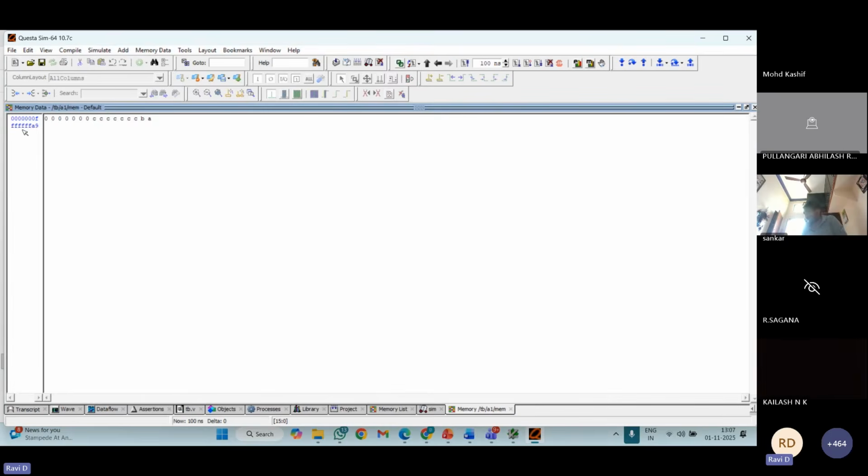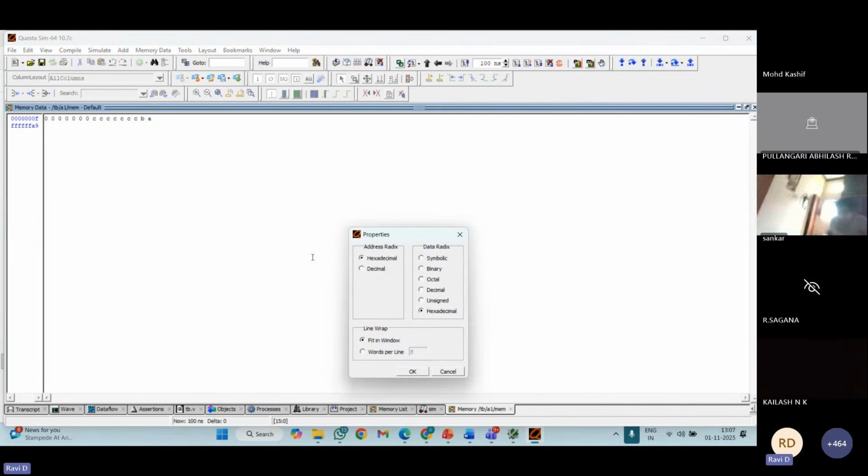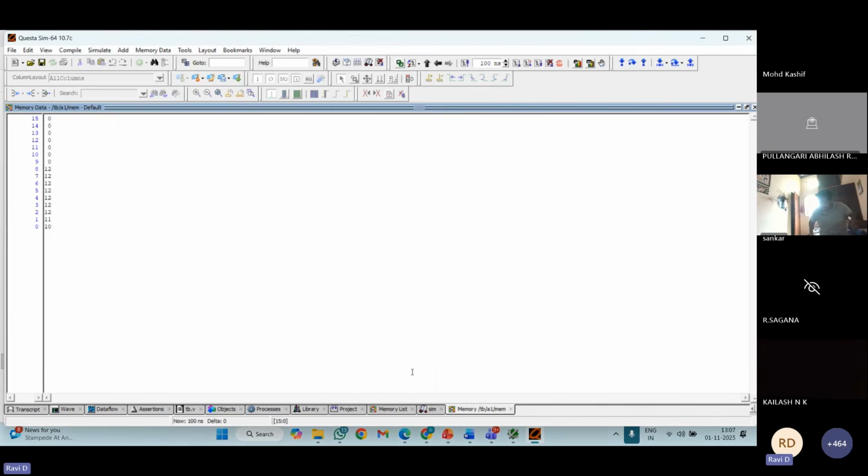If you see here, inside my memory, what was the memory name I had given? Mem, right? So see this, you can see testbench.a1.mem. That means in my design file, I have a memory block with the name mem. Where it is having 16 locations. You can find those 16 locations here, 0 to 15. These are my 16 locations.